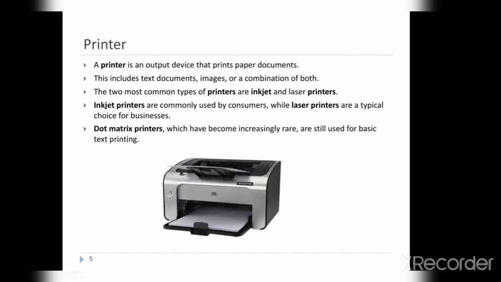Now next one is the laser printer. Laser printers are the typical choice for businesses. The functioning of a laser printer is entirely different from that of a dot matrix printer. The data from the computer is first of all stored in the memory of the laser printer. Then it is moved to the portion where the laser beam is generated. The laser beam, after getting reflected from a mirror, strikes the drum. The mirror is continuously moving so that the laser beam can reach from one end to the other end of the drum.